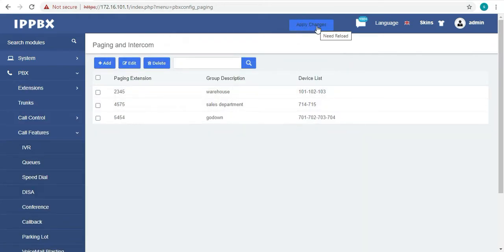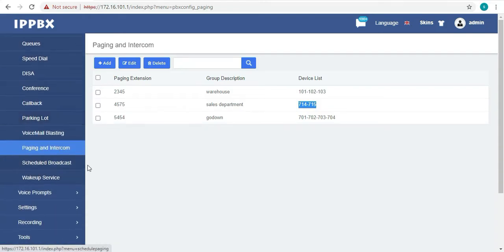So after creating any profile, don't forget to click on apply changes. So now we have successfully created third profile in which there are two extensions, 714 and 715. So whenever I call to 4575 from my extension, it will automatically broadcast to these two extension numbers.